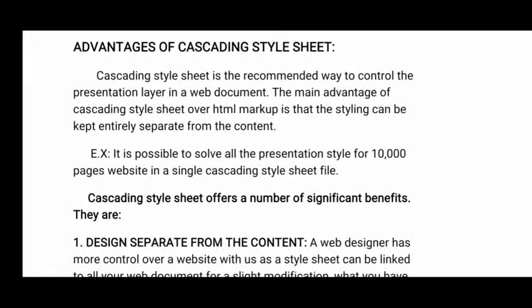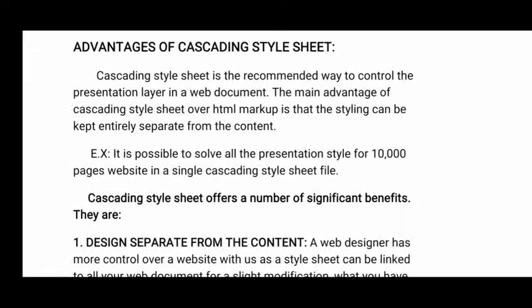In that case, for all the 100 pages, whatever common properties are there, we will write them inside the CSS file, and just include this CSS file in the 100 pages. Then whatever properties you have mentioned in the CSS file are applicable to all the web pages, because in all the web pages I have included the CSS file.